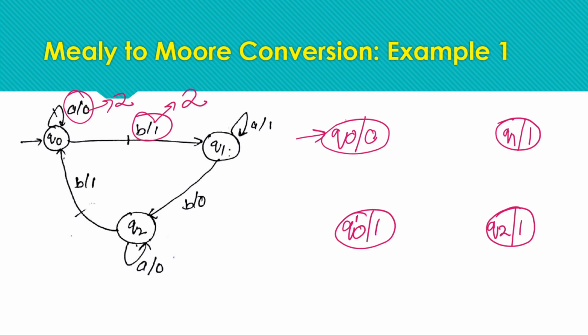For the rest of the transitions we are going to have a single transition only, but as the state is divided into two states, all the transitions of this state will have two moves, two transitions in the equivalent Moore machine. So starting with the conversion process, we have to consider each and every transition of the Mealy machine, so that we do not miss any transition when drawing the Moore machine.